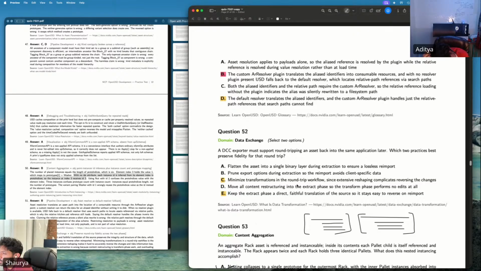Minimize transformation in the round trip workflow, since extensive reshaping complicates reversing the changes.